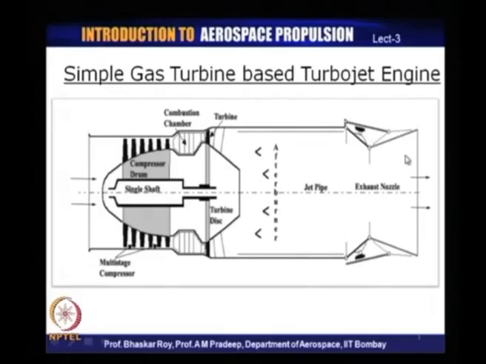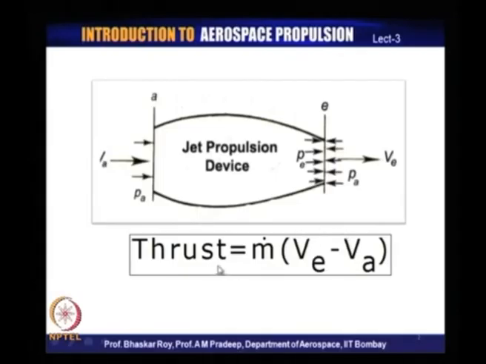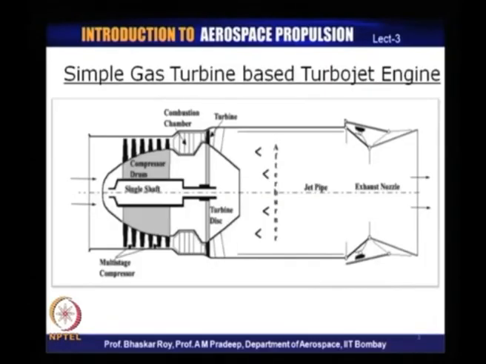Now, this is the understanding on which we have based our idea that thrust can be created through the action reaction process. It is easier to understand it that way. It is easier to put it in simple mathematical form, as we can see here. You can write down the thrust equation based on the mass flow and the change of velocity from intake velocity or air velocity to the exit velocity, and that gives you a fairly accurate mathematical estimate of the thrust that may be produced by the propulsive device, and in this particular case a particular